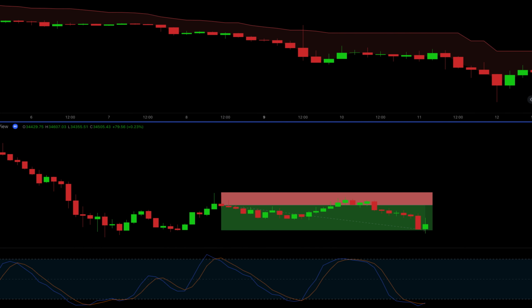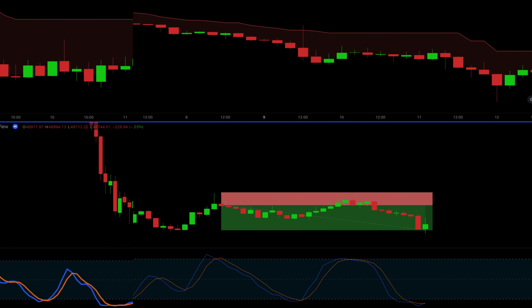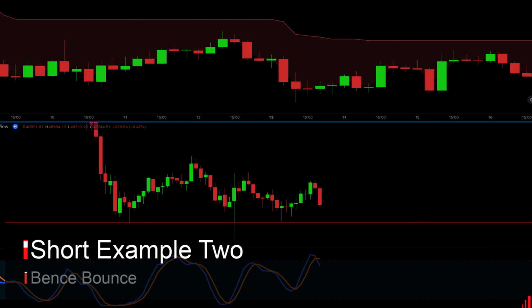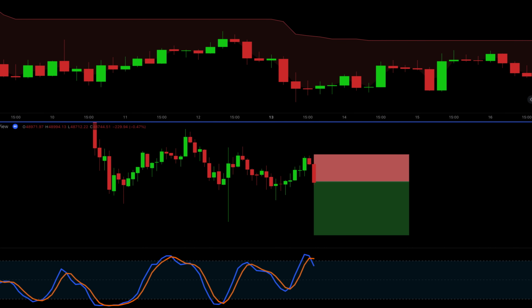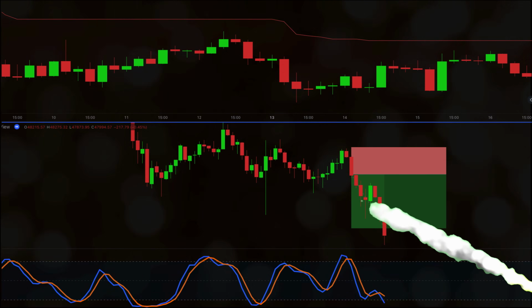And after almost stopping out, short example 1 hits the target. I'm going to show you one more quick short example. The 4-hour chart is showing a bearish Supertrend. There is hidden bearish divergence on the stochastic, a lower high on price and a higher high on the indicator. Then we can see the stochastic enters the overbought territory. And finally, there is a cross down on the oscillator. This is our trigger candle. The stop is placed at the previous swing high and the target is 2 times risk. And the final example crushes the target.